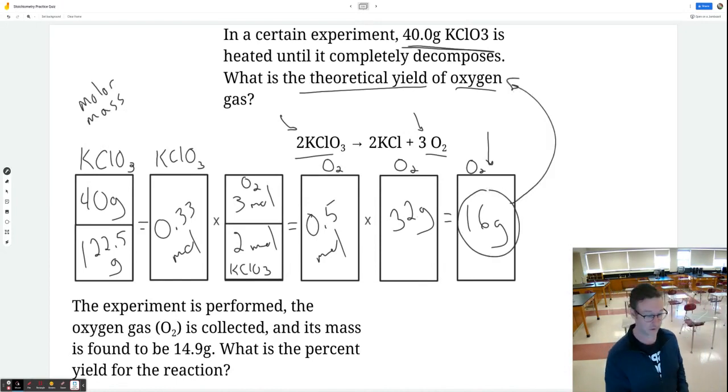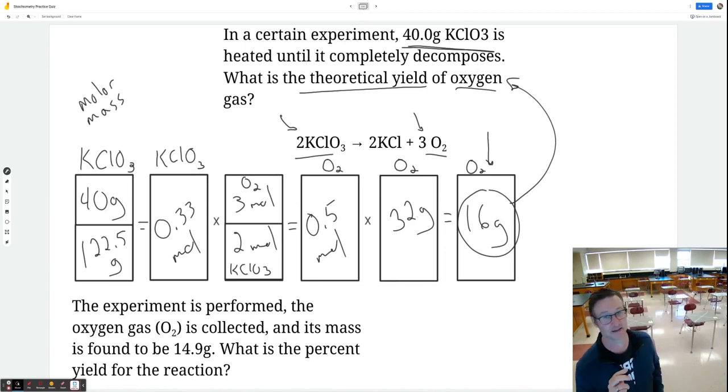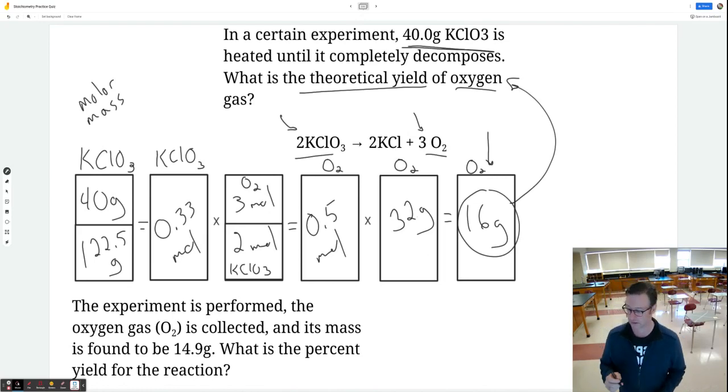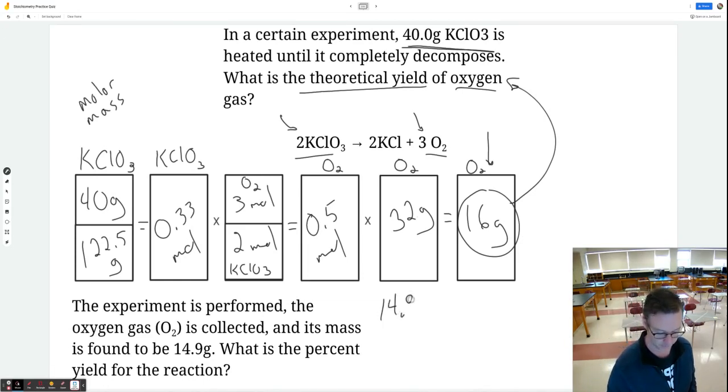What's the theoretical yield? The theoretical yield is the answer you get in that last box. That's always what we call the theoretical yield. The second part of the question is, if we do this experiment and we actually collect 14.9 grams of gas, what is our percent yield? So the theoretical yield is what we should get. If we start with 40, we should get 16. But we do the experiment and we actually get a little bit less than that,